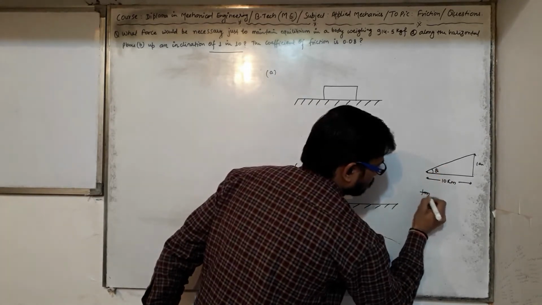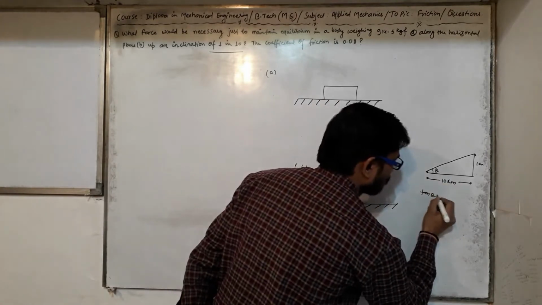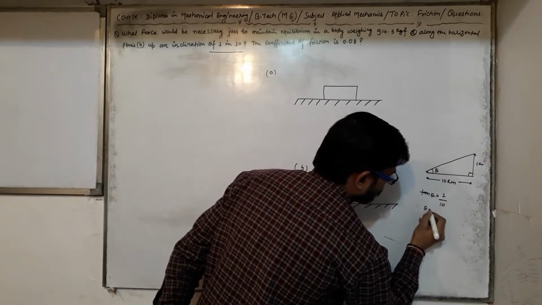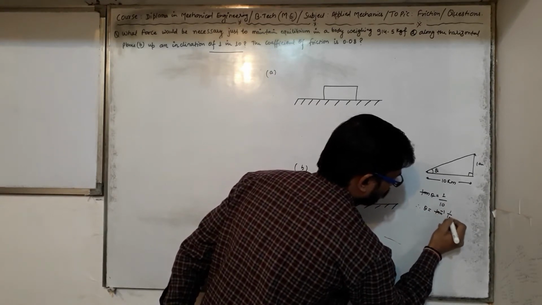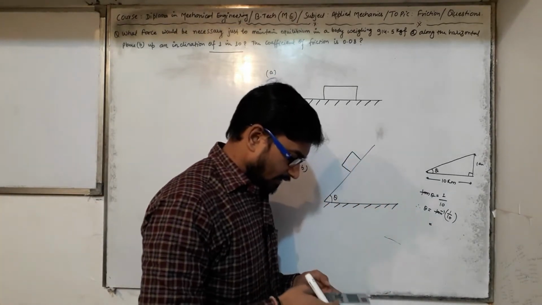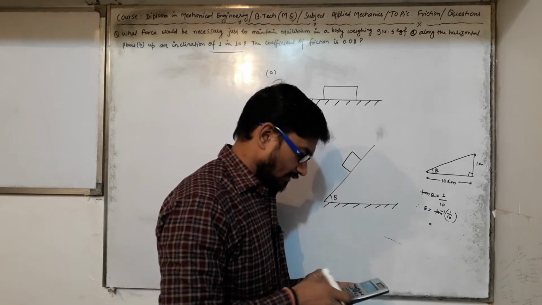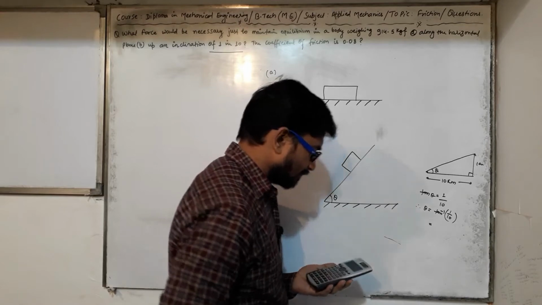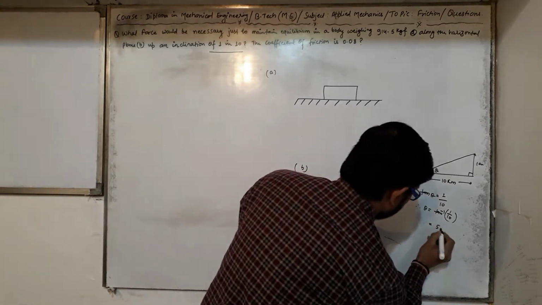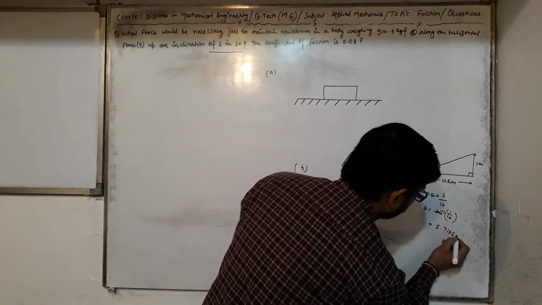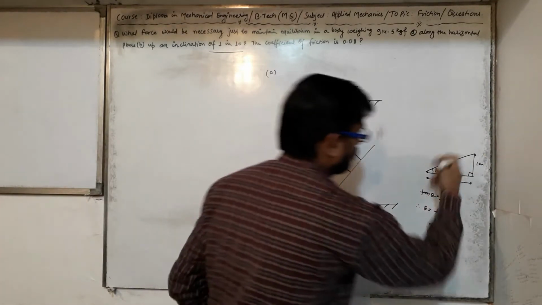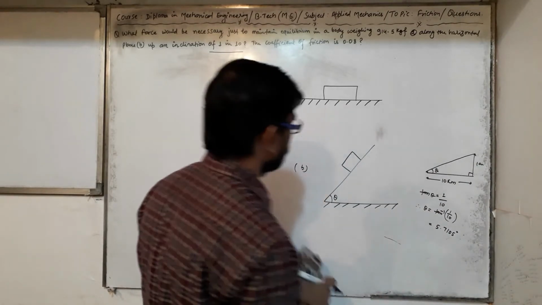Applying trigonometrical ratios, tan theta is perpendicular upon base, so 1 upon 10. Therefore theta is equal to tan inverse of 1 upon 10, and its value is 5.71059 degrees. Or you can say, if tan theta is given, from this value you can calculate sin theta or cos theta. Later on we will see.